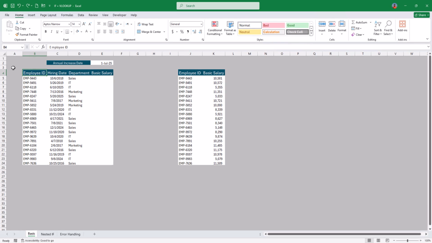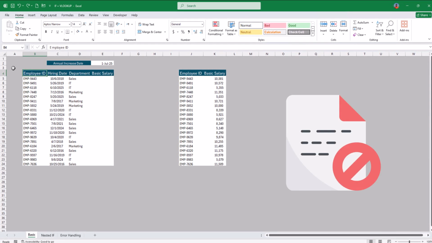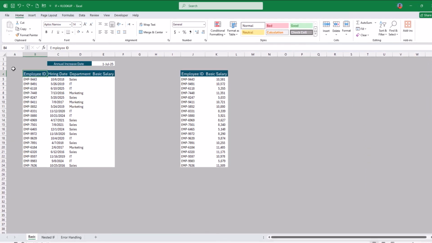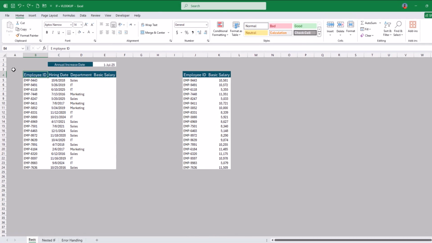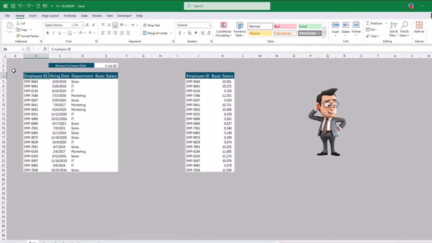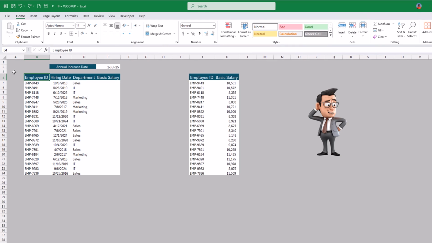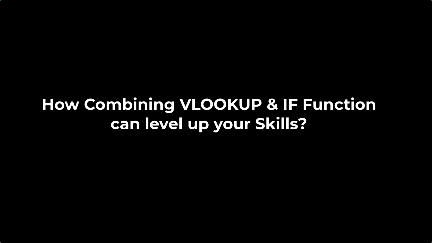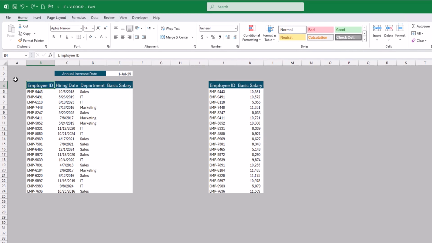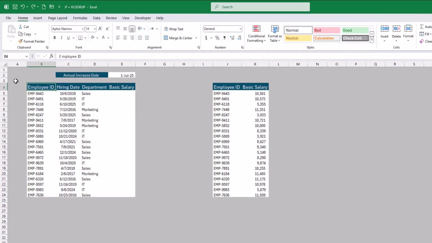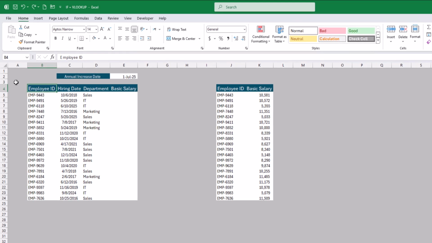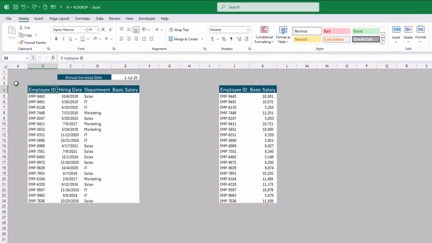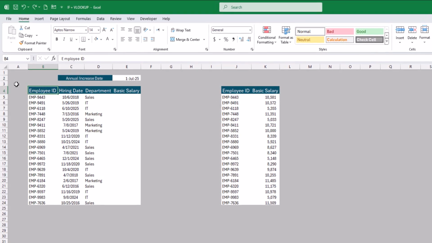Tired of VLOOKUP giving you wrong results or nothing at all? What if I told you that one simple trick could make your lookup smarter, more accurate, and way more powerful? In this video, I'll show you exactly how combining the IF function with VLOOKUP can level up your Excel skills fast, even if you are not a formula expert. Stick around, because we will build this together step by step with a real-life example that you can start using